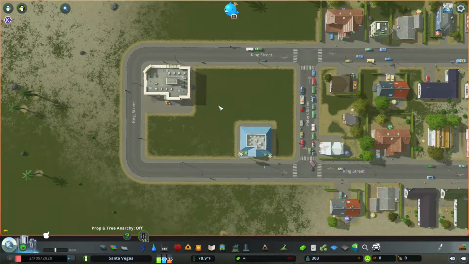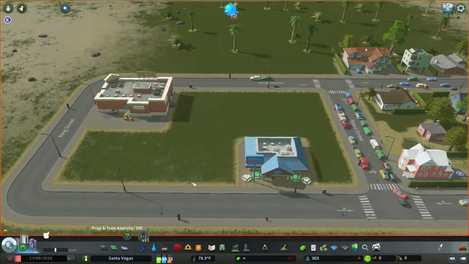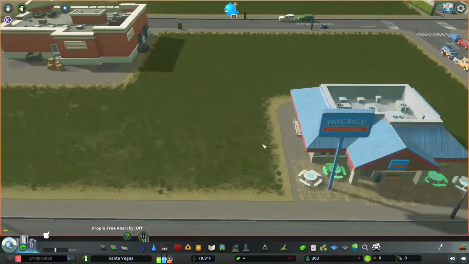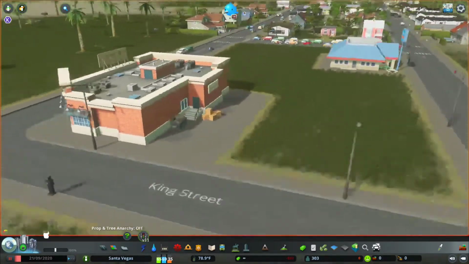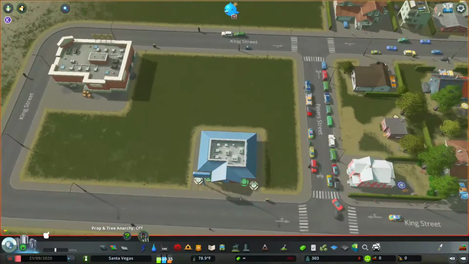This is a mod that allows you to put down customized parking lots around buildings and such, and build them to your liking. So I created this little blip town called Santa Vegas, and threw down a couple commercial buildings. Here we got Pancakes International, and we got a marketplace, best food service, called a drugstore, whatever. But nobody has parking over here for anybody. So anybody who wants to come over here has to park along the street like you see all the pedestrians